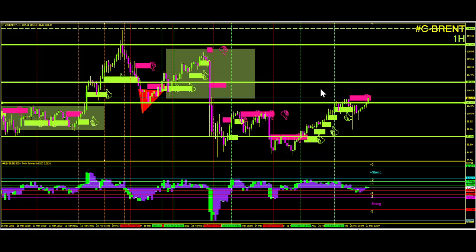We have some new developments here. I'm making this as time permits, so I can't go into too much detail, but this is a Brent